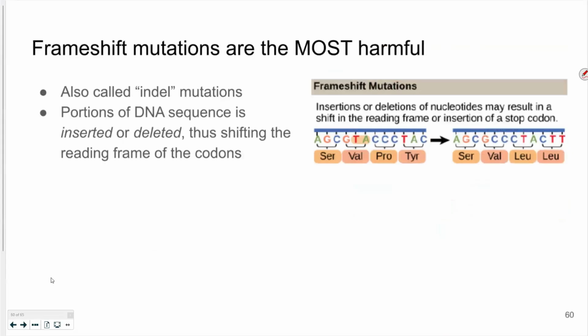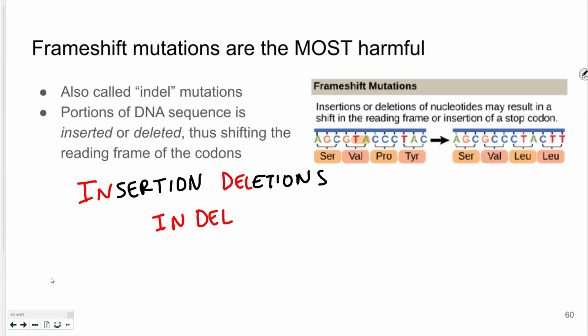The other class of mutations that we talk about in this class are called frame shift mutations, and they result from insertions or deletions. These are also called indels. The genetic code is read in groups of 3 nucleotides. 3 nucleotides call for 1 amino acid. Therefore, adding or removing nucleotide bases shifts the entire reading frame. These mutations are often the most damaging because all of the amino acids downstream of the indel mutation will be